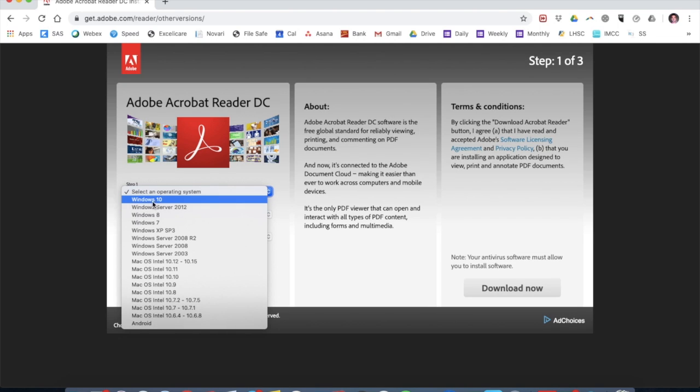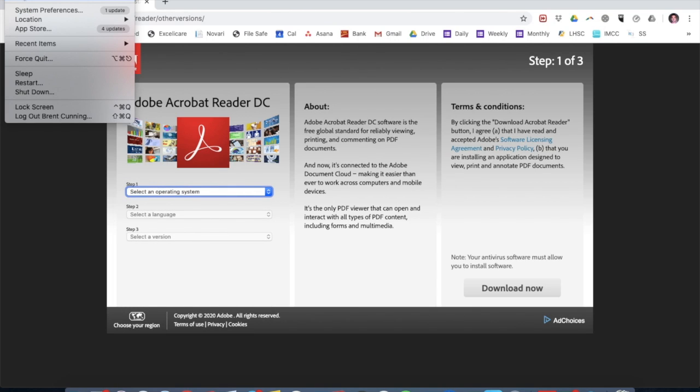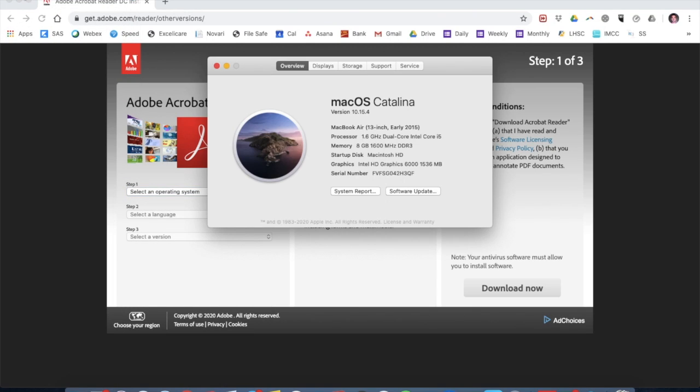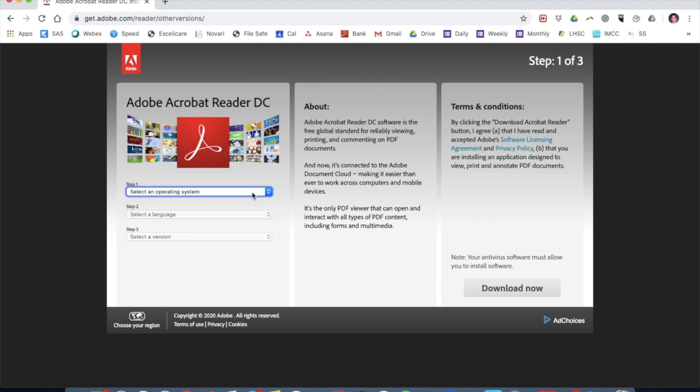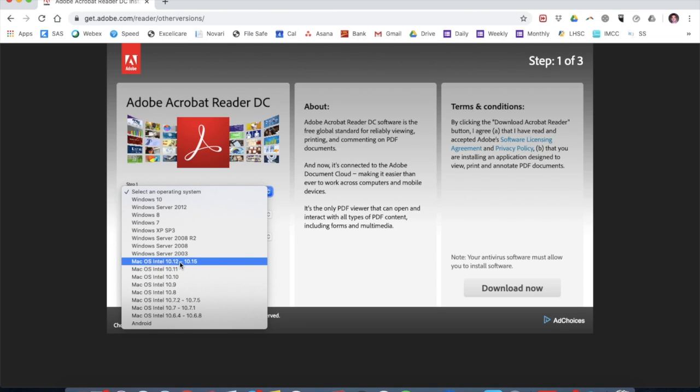So whatever you're using, if you're using Windows 10, Windows 8, Mac. If you're using a MacBook, you'll use Mac OS. If you're using a Mac, the way to tell which version you have is you just go up to this Apple icon and then click About This Mac, and it'll tell you exactly the version that you're using. So you'll see it right here. I'm using Mac version 10.15. So we will go to this one,